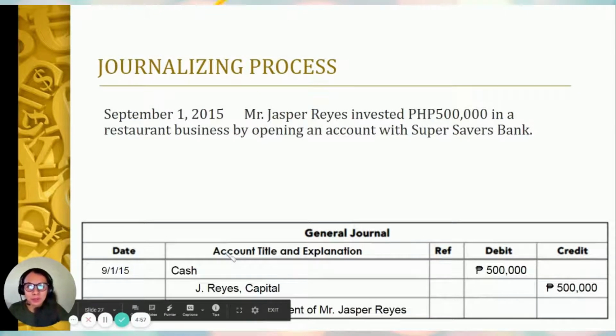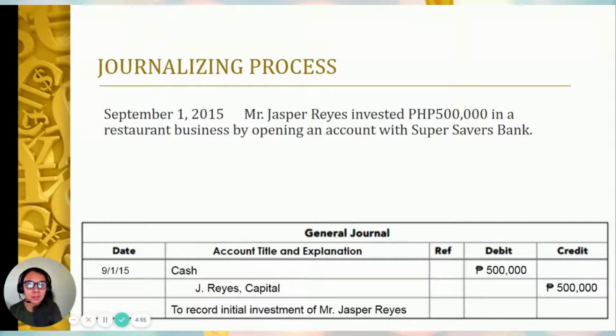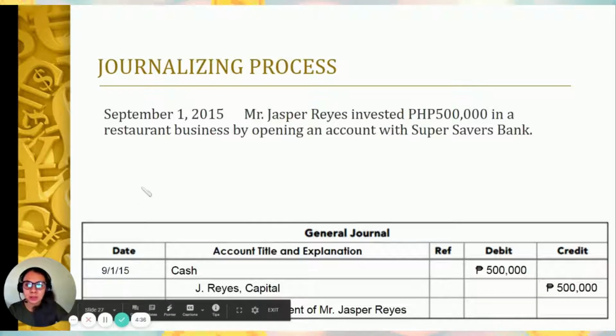Now let's go over some transactions and see how each transaction is going to affect account titles and how we're going to put the entries in the general journal. The first one is this: September 1st, 2015, Mr. Jasper Reyes invested 500,000 pesos in a restaurant business by opening an account with Super Savers Bank. So the date goes in here,